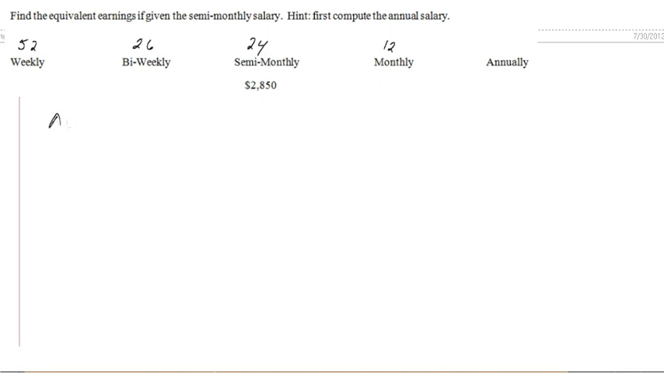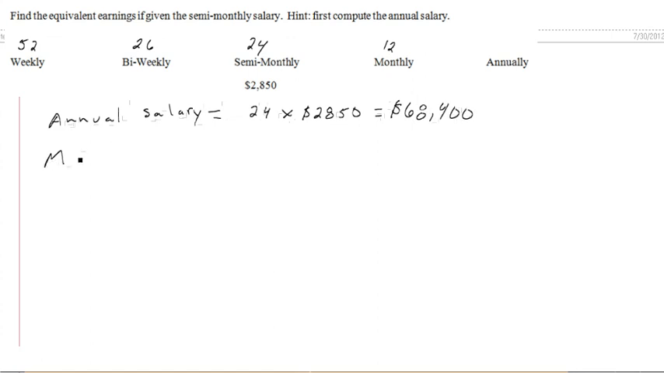So the first thing we'll do is compute the annual salary. And the way we'll go about doing that is by taking 24 times 2,850 to see that on an annual basis, oops, I left out my y, we end up with $68,400 as our annual salary. $68,400. So to get the monthly salary,